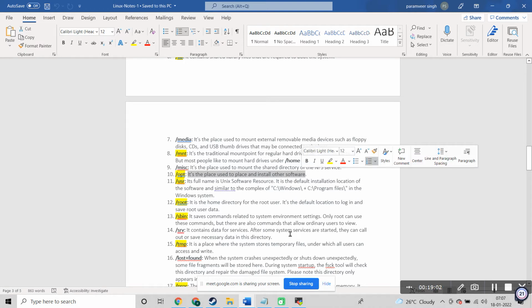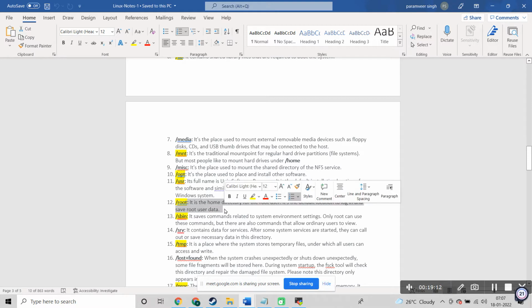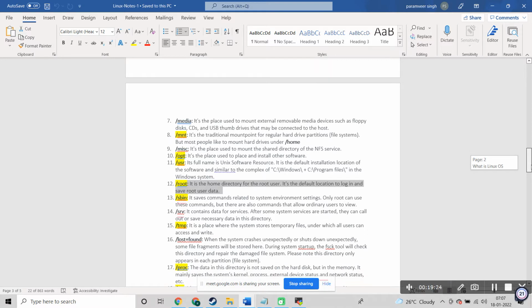And USR is the full name of the Unix resource system, which we'll talk about also. And root: when you provision one virtual machine, there will be one root user. At that point of time, one root user will be created. That will be a super user or admin user. After you provision, you start creating the rest of the users.